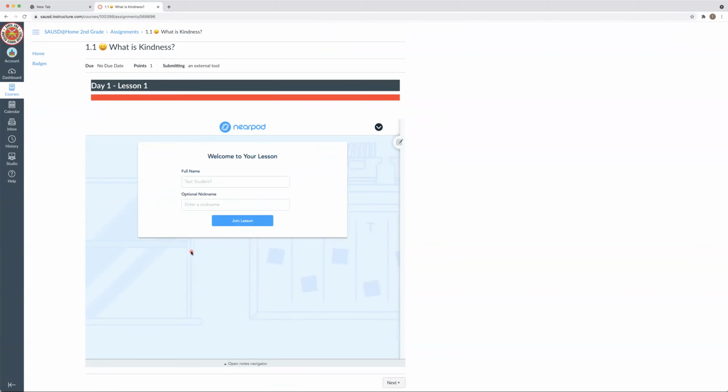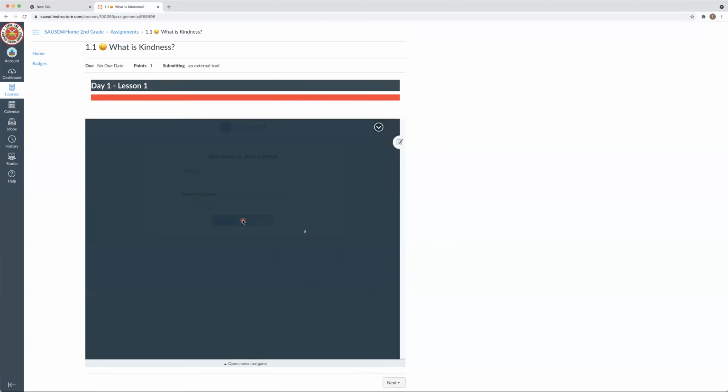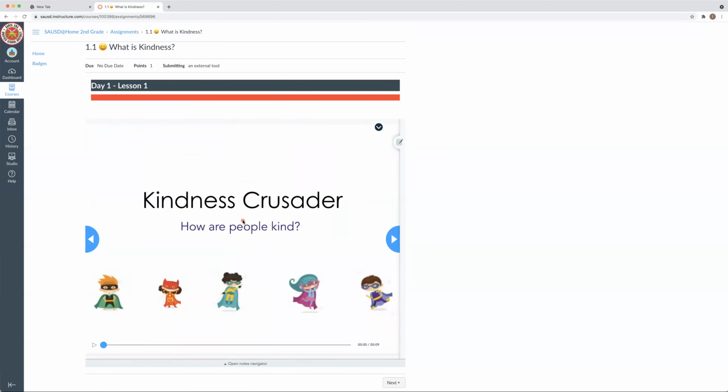When we begin, you're going to start with something called a Nearpod. This tool delivers the lesson in a very easy to understand format. It's engaging and has a natural flow. You can see that your child's name will be populated. There's no reason to add a nickname. And we click the blue button to join the lesson. Every page has written and spoken